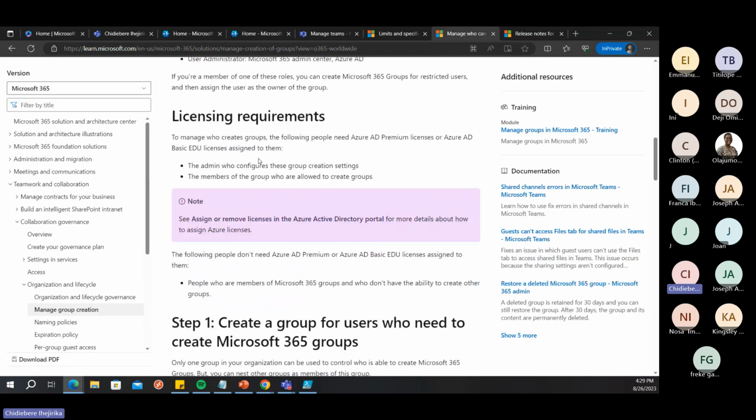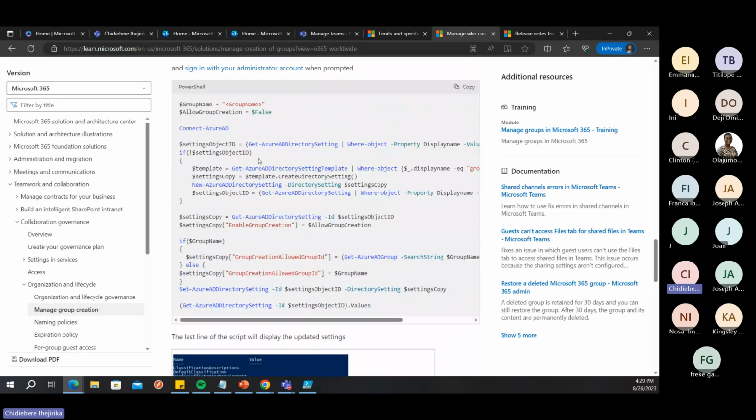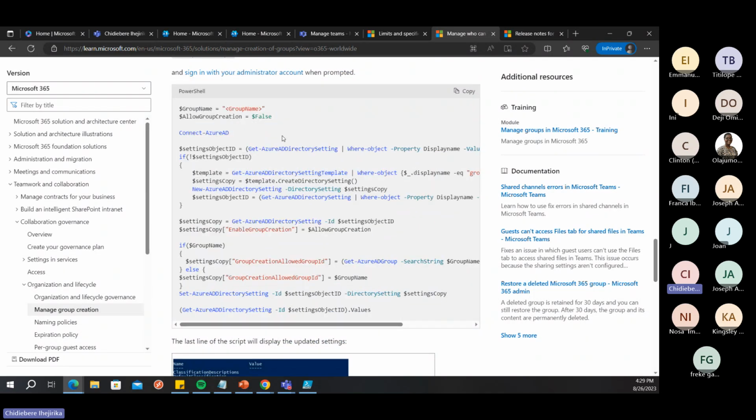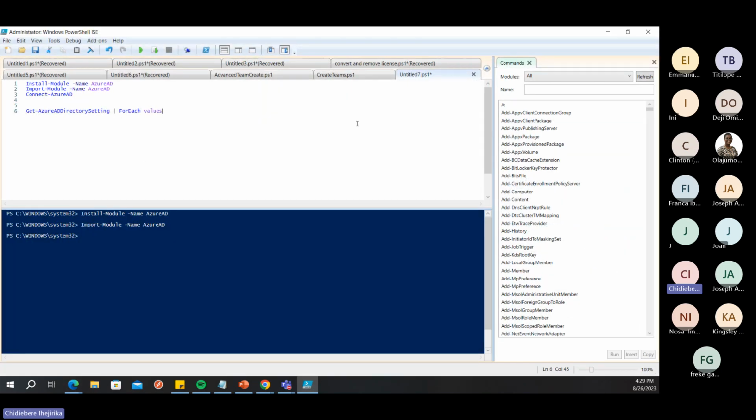So with this particular article, there is already a PowerShell script existing here that you can run to enable that particular feature. There are just a few things that you may need to do and create before you can enable that feature. So I'm going to copy this PowerShell and then open my PowerShell command here. Quickly open a new tab here,